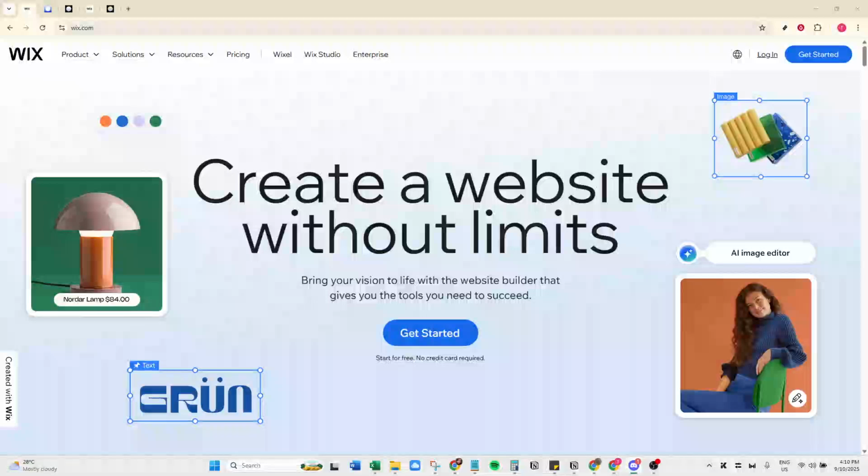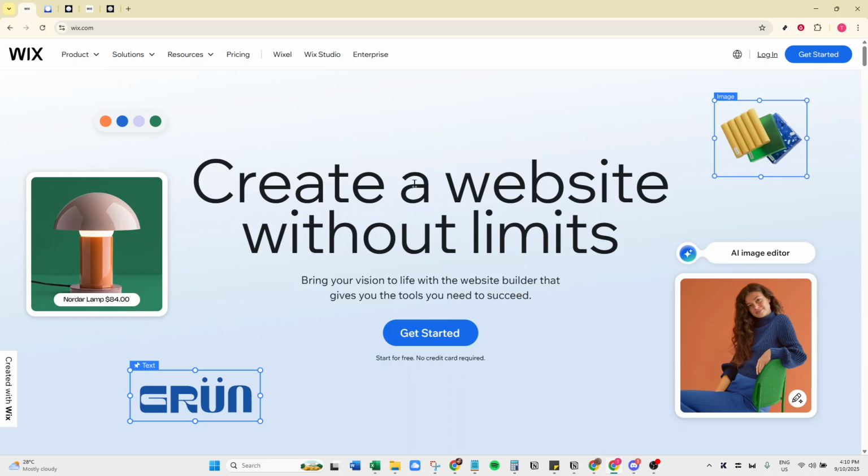In today's video, I'm going to teach you how to add HTML code or embed codes in Wix. If you're looking to enhance your Wix website with custom HTML or integrate third-party services with ease, this is the perfect guide for you. We'll walk through the process step by step, ensuring you can follow along without any hitches. Whether you're a seasoned web developer or a Wix beginner, these instructions will help you make the most out of